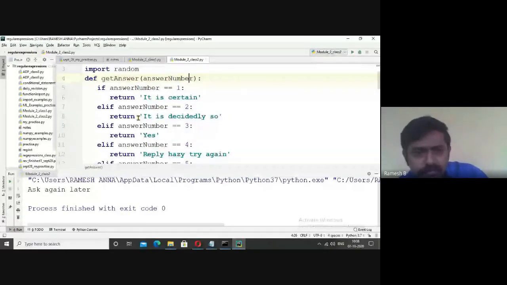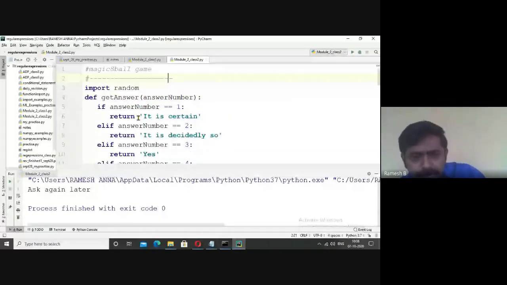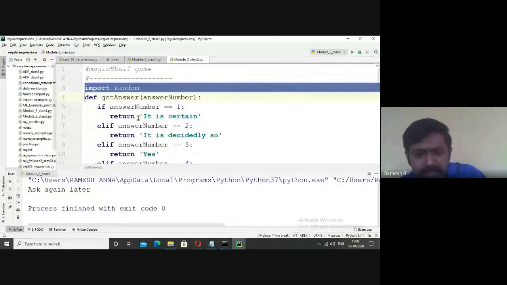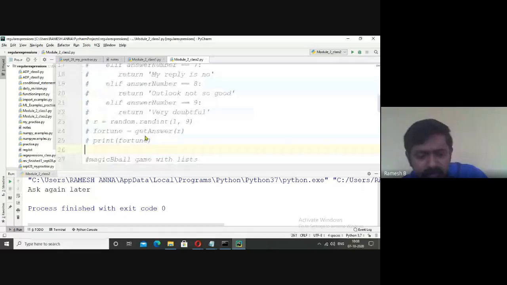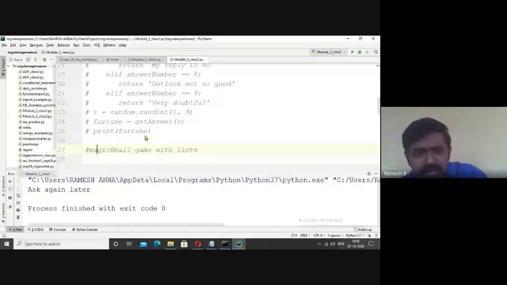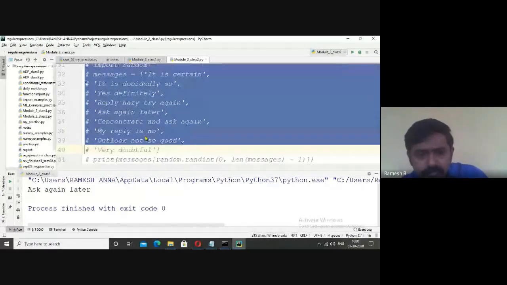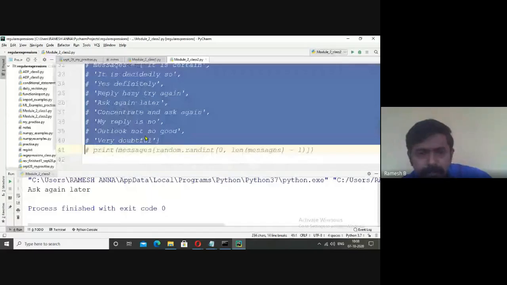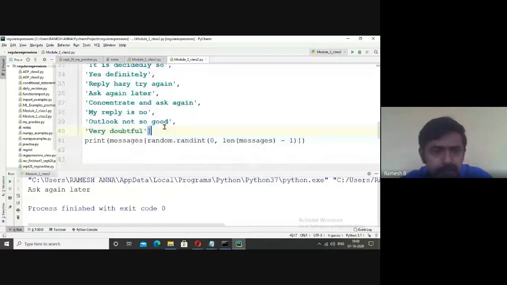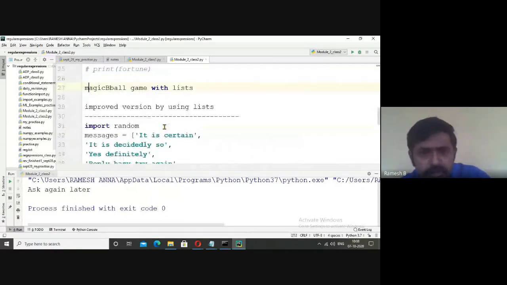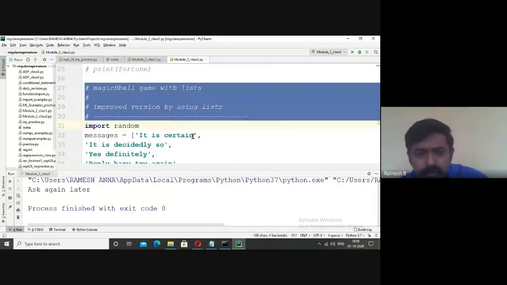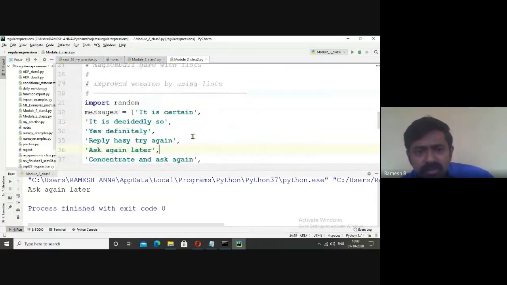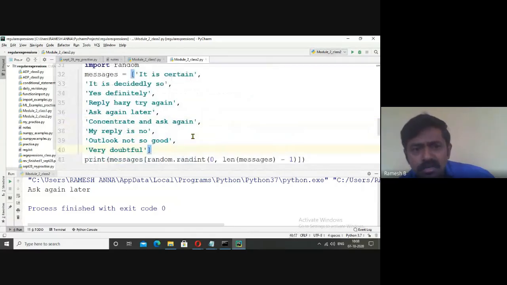Now similarly I'll comment this and go for the next example. It is the minimized version. I'll comment these things. You see there, I have put all the messages in a list called messages.